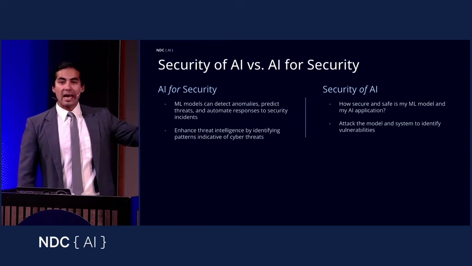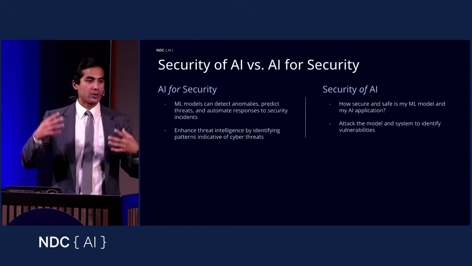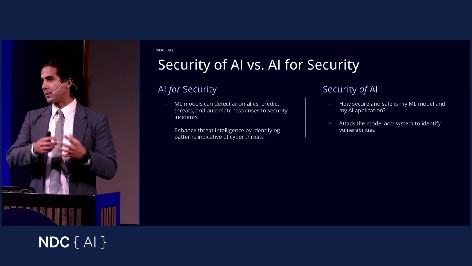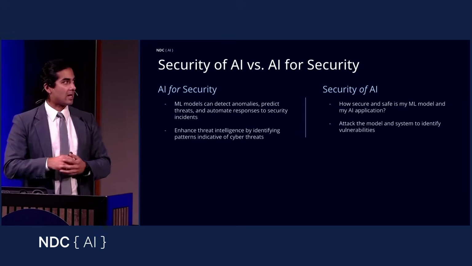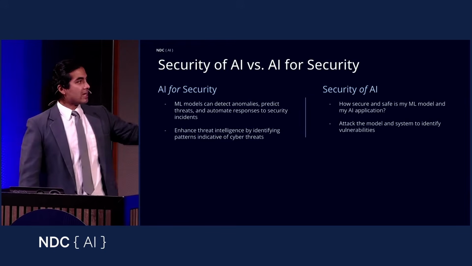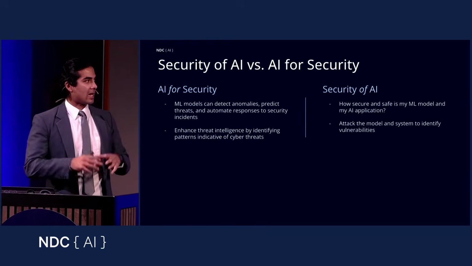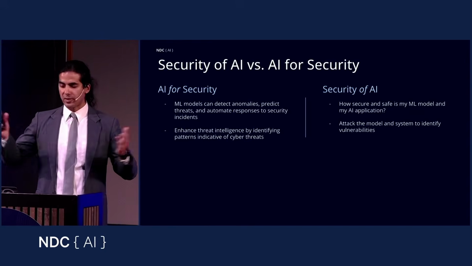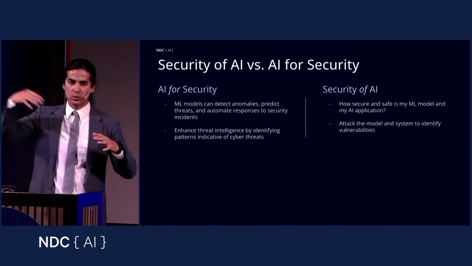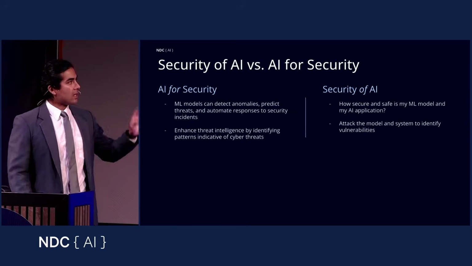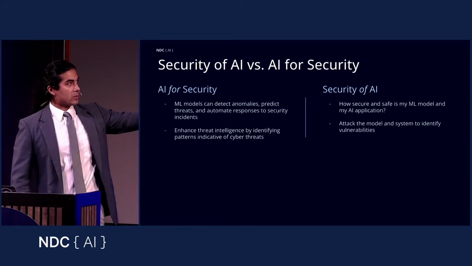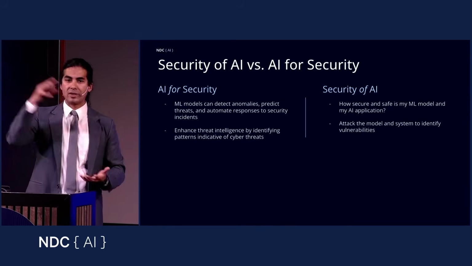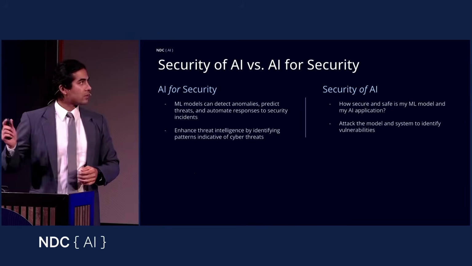Then the security of AI deals with the actual models, the weights, like how we secure the machine learning model from perhaps being stolen or poisoned, and how that affects the broader applications. Here, we're trying to understand the model's vulnerabilities and to identify how we can break into the actual model. And most of our talk is going to be focused on this second bit, the security of the actual AI systems and everything that is built around them.